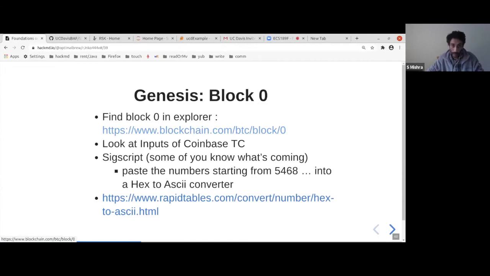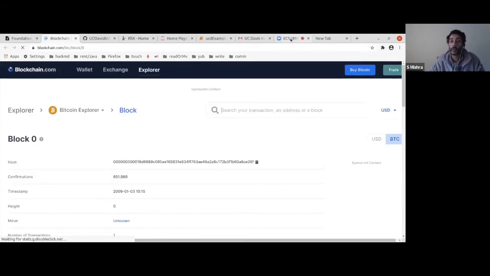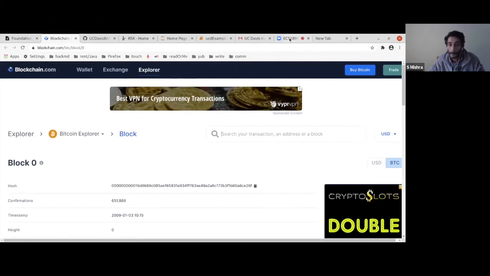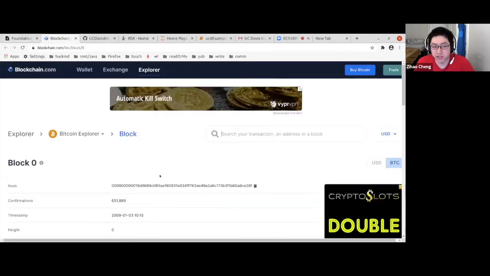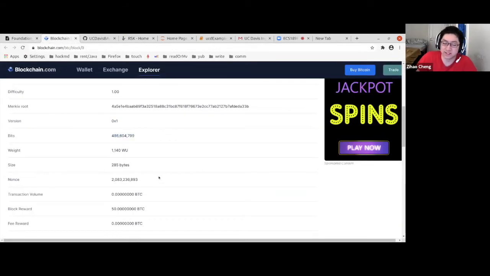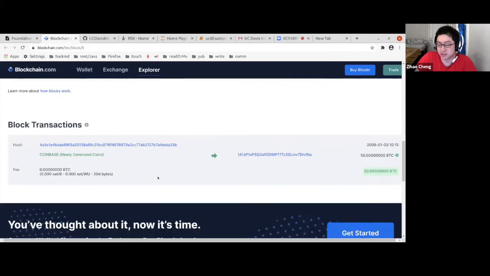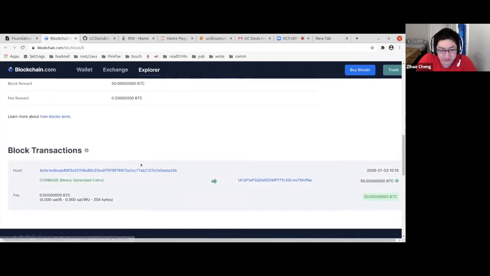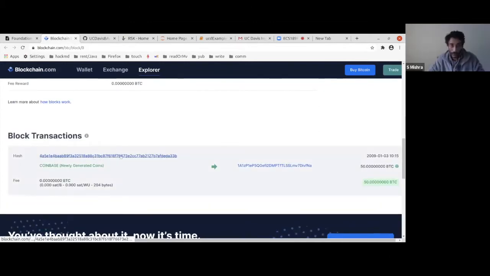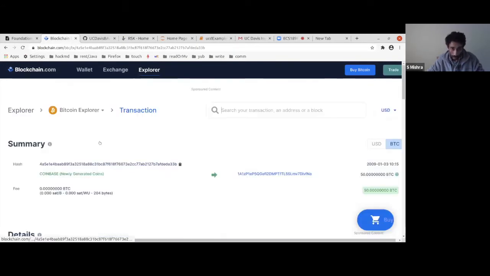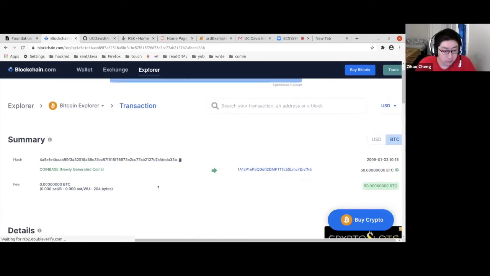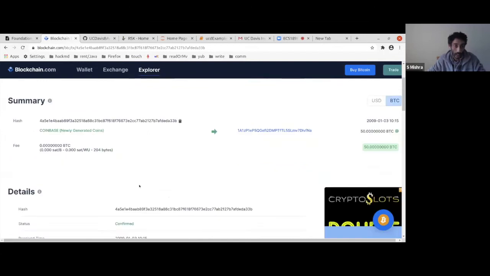There was a message in block 0. Does anyone know about the message in block 0? Do you mean the message that tells everyone that this is the first block and this block has no parent? So that's one. So if we go to the block, this is block 0. And here's the initial block that paid 50 Bitcoin to the miner, which obviously was Satoshi